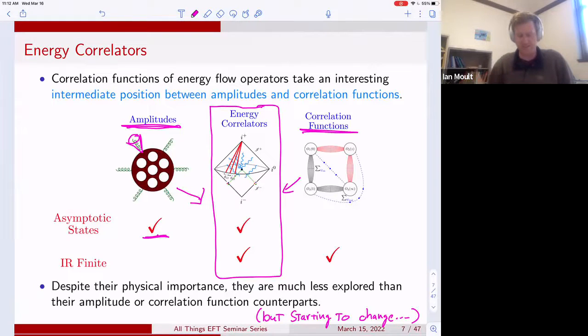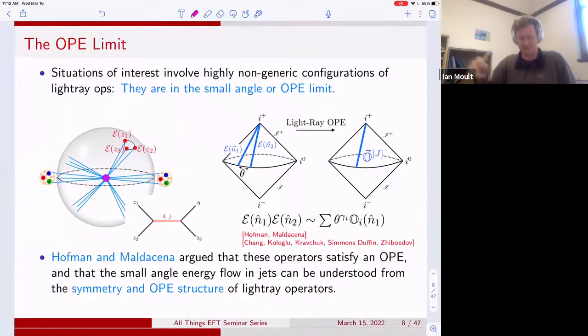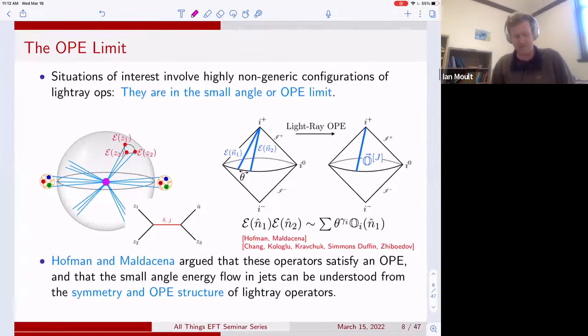And despite their physical importance, or their central role in the study of jets, as I'll hopefully convince you, they're much less explored than their amplitude or correlation function counterparts. But this is starting to change due to a large amount of work from a number of different directions. And so I personally think these energy correlators are sufficiently interesting just in and of themselves